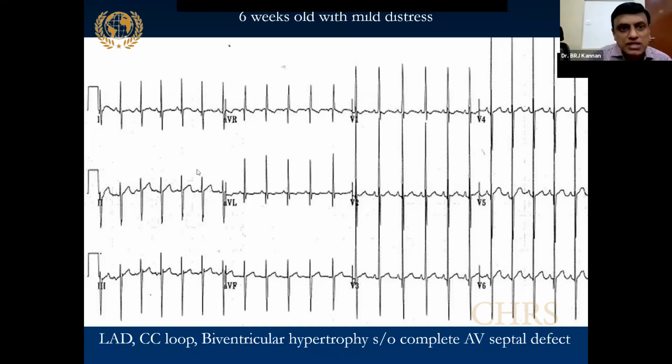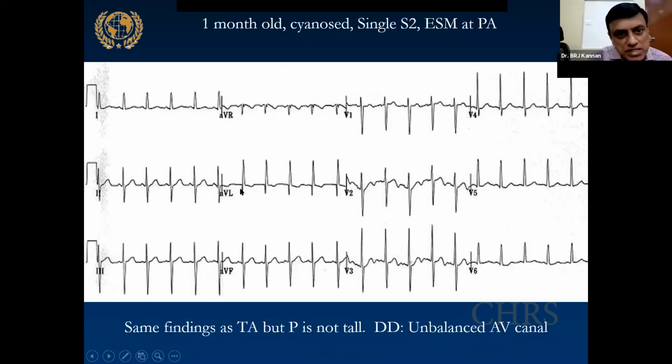Now, what about this ECG? This ECG is also showing left axis deviation. There are Q waves in 1 and AVL, but there are no biventricular features. Actually, the RV features are not there. So, if you ask me, can this be tricuspid atresia? Yes, tricuspid atresia is very much possible. But in tricuspid atresia, I expected that there would be a prominent P wave here, which is not there. Absence of a prominent P wave in an ECG, which is otherwise looking like tricuspid atresia, could mean that it's an unbalanced AV canal defect.